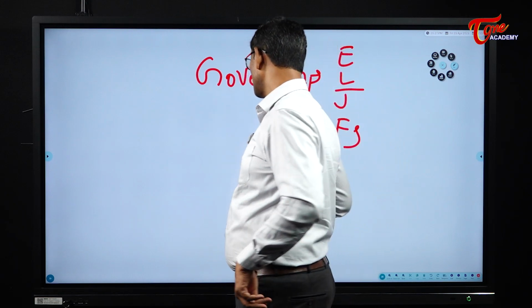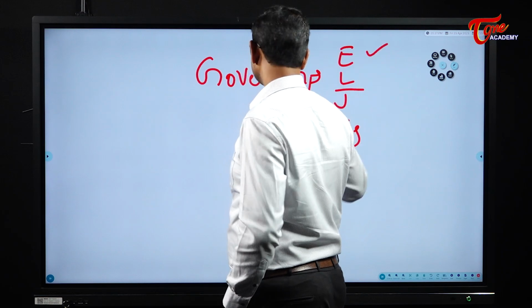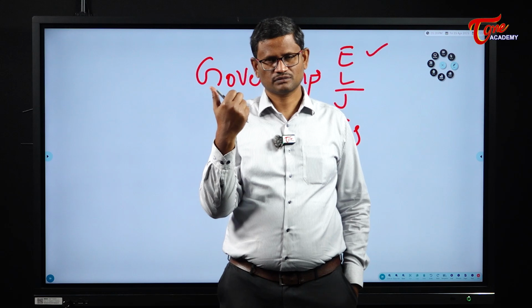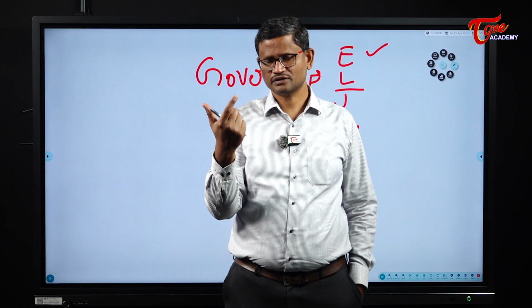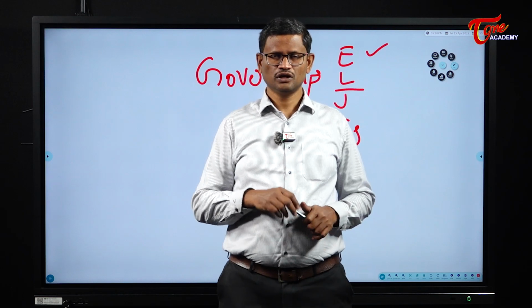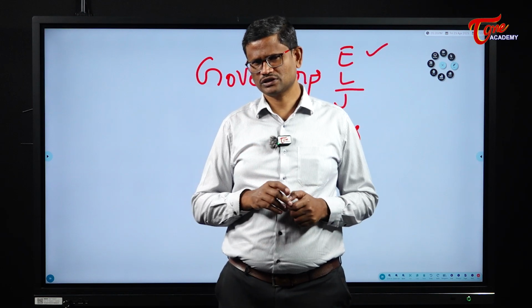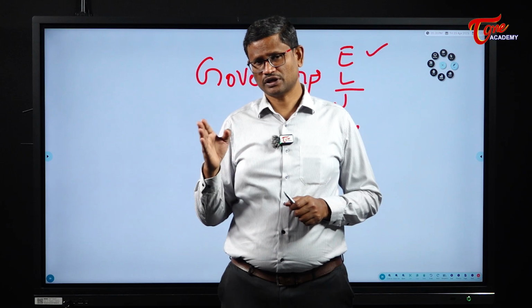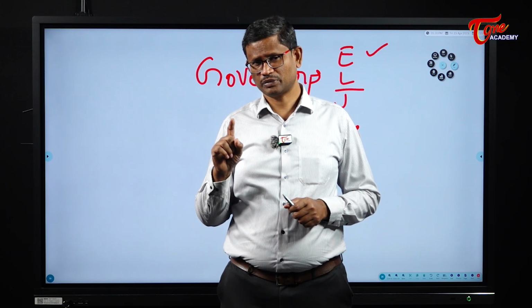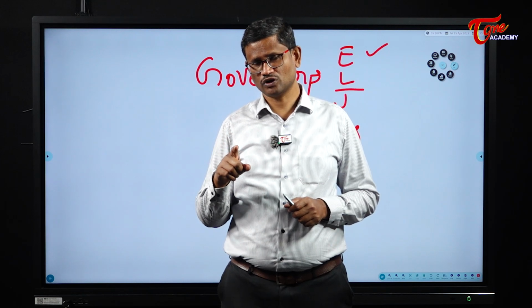Then what are the executive powers? When it comes to executive powers, as I said, the governor will appoint the chief minister. On the advice of the chief minister, he will appoint the other ministers. Then in addition to that, at the state level, you have a state election commissioner. The state election commissioner is appointed by the governor. But remember, though the state election commissioner is appointed by the governor, he can be removed only by the president.